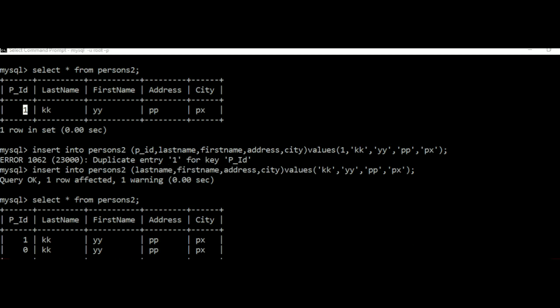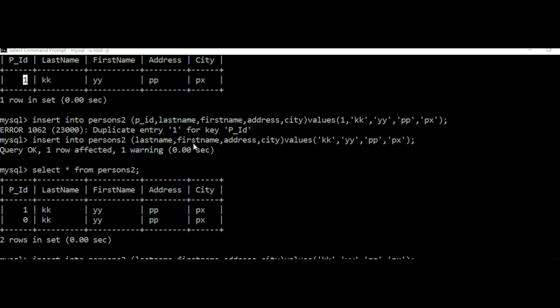it will not be allowed to insert into this table. Now for the next insertion I have given only the last name, first name, address and city. I did not give any PID value here. This is not a null value, so there is no problem. If I do not insert a PID value here, it cannot insert NULL. So it will simply insert the number 0, because it is a non-null attribute. For that reason it cannot insert a null value, and that is why it has inserted 0.